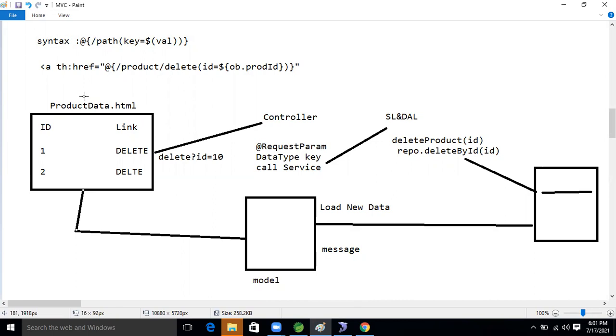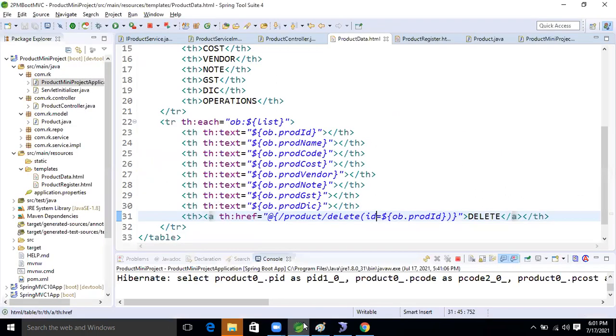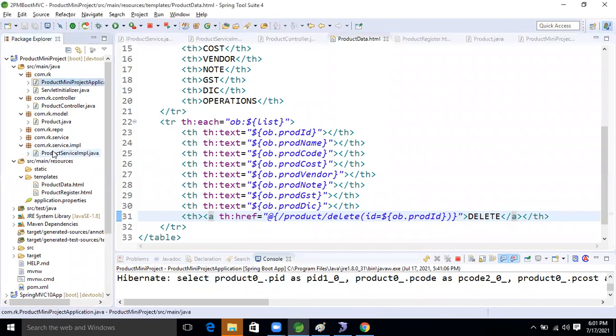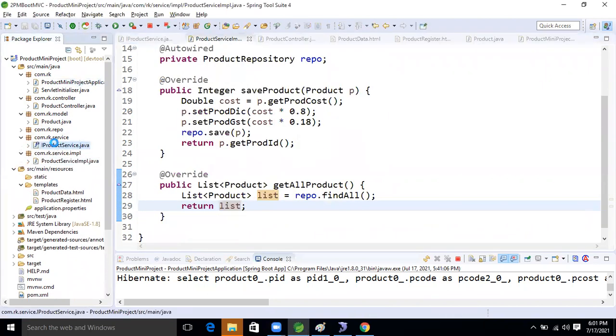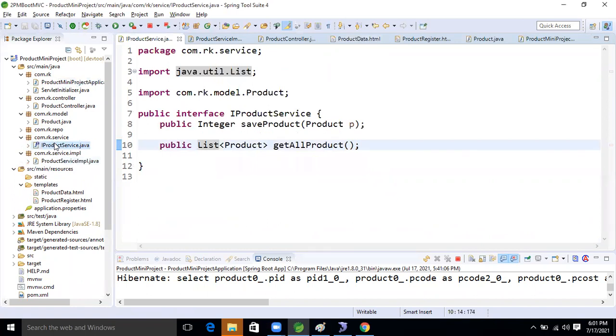Okay, good. So let's work on this area now, guys. First, we go to deleting the record. Our development always starts from the repository, child to parent. That method is already in the repository, so next we will go to the service class, the service interface.